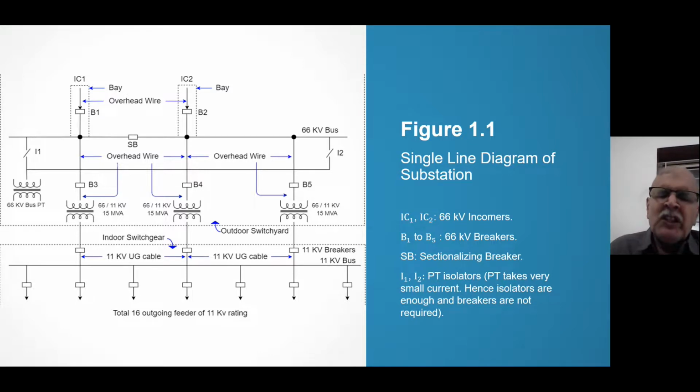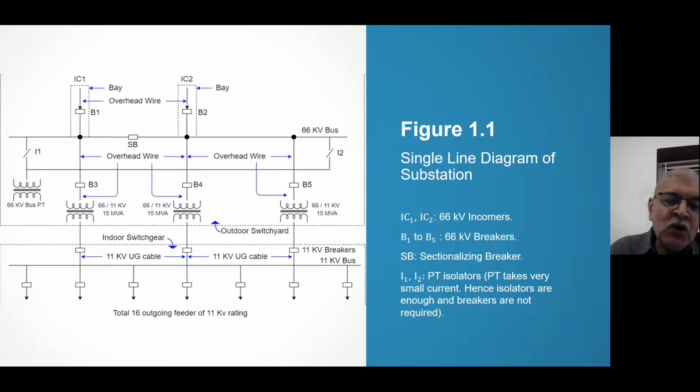PT is going to feed the voltage coil of the energy meter, voltage coil of the watt meter, voltage coil of the VAR meter, and the under voltage relay, if at all there is, right? And CTs, which are not shown, will be feeding meters and the current coil of the watt meter, current coil of the energy meter, etc. So I have shown 3 transformers, and then between